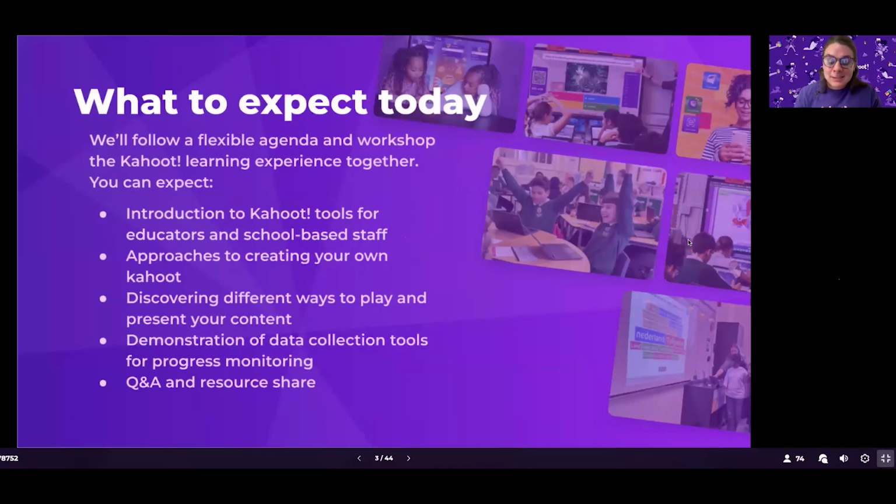And what you can expect today throughout our session. Like I said, we're going over a very wide breadth of information, and we'll follow a pretty flexible agenda based on some questions that you might have, or even where our group is headed together. To begin, we'll first talk about what makes Kahoot so awesome in the learning space, from both creating experiences and then also connecting, collaborating, and facilitating these learning experiences, no matter the age, the dynamic, the demographic of your learner.